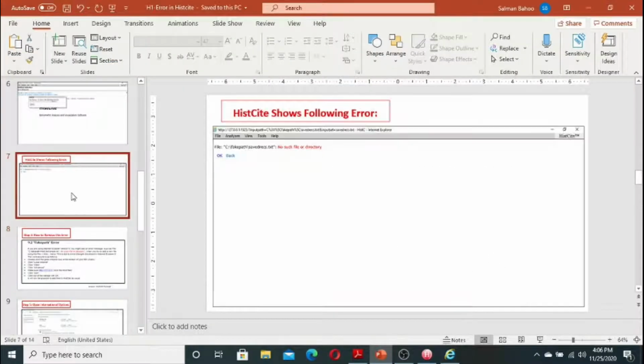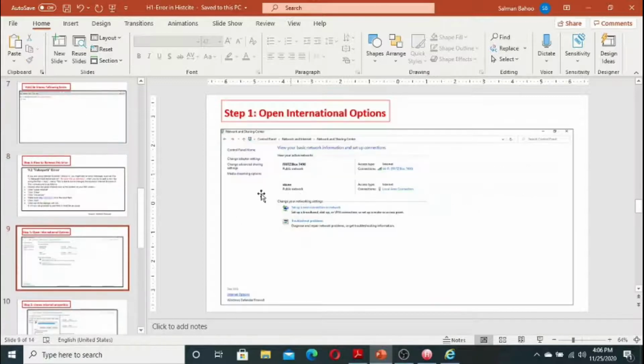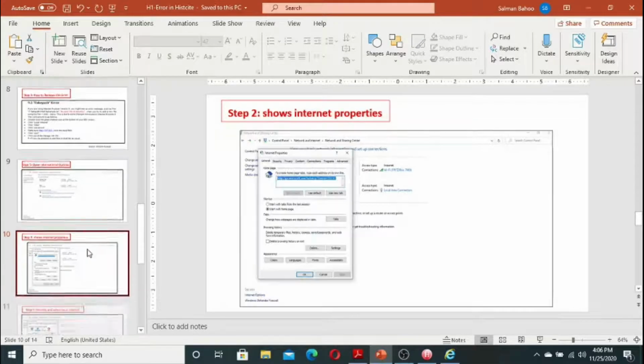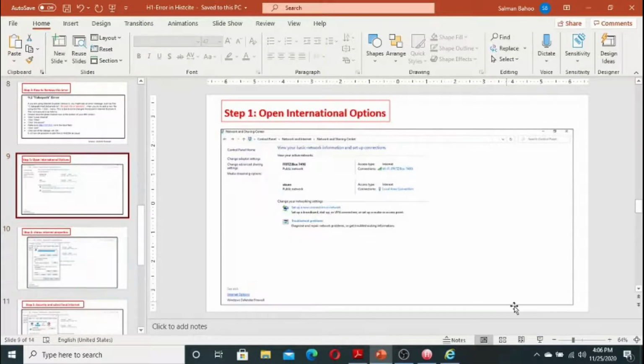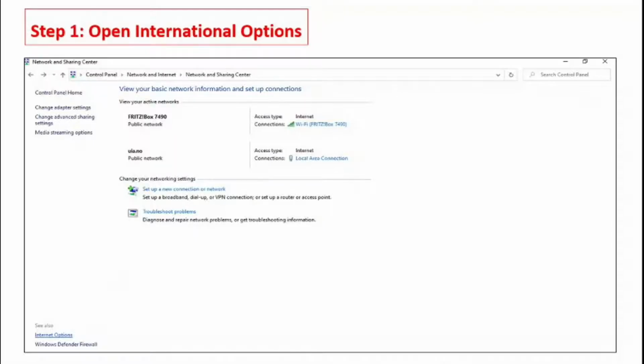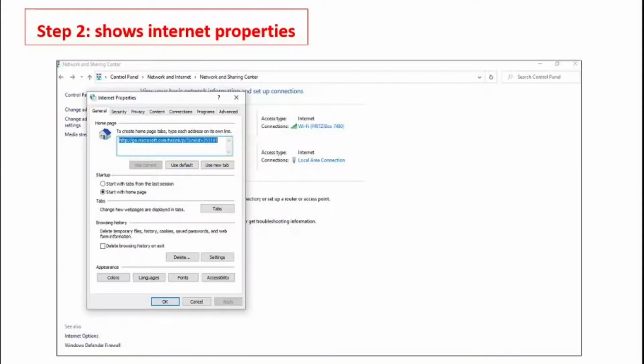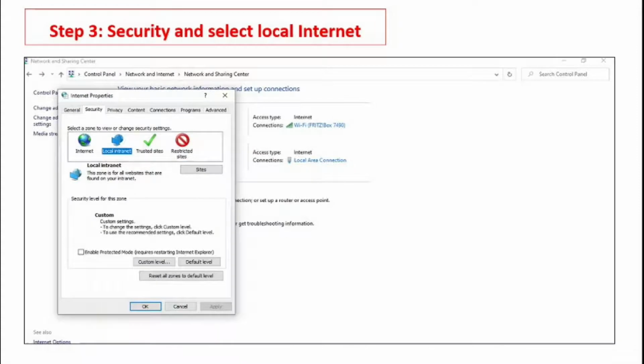This is the complete process. Number one, you have to open the internet options of your computer. You will see the internet options in the control panel. Go to your network center, find the internet options, and click on it. When you click on this, you will find this small window, called internet properties, and from the internet properties, the third step is to select the local internet.